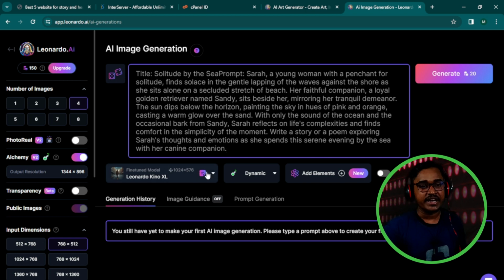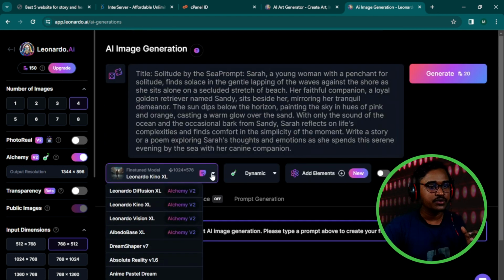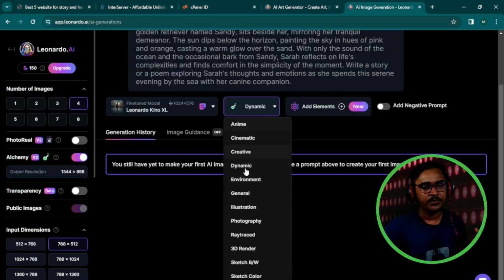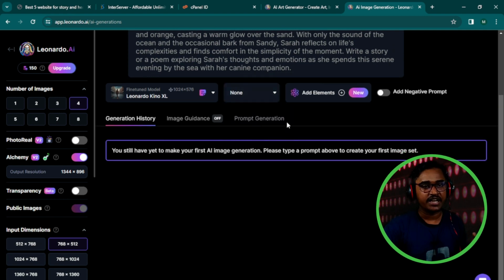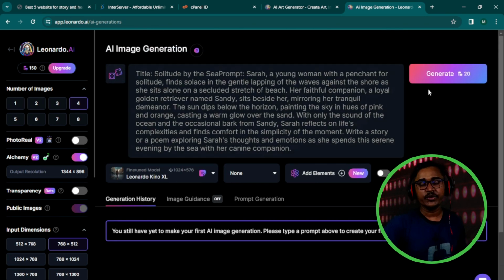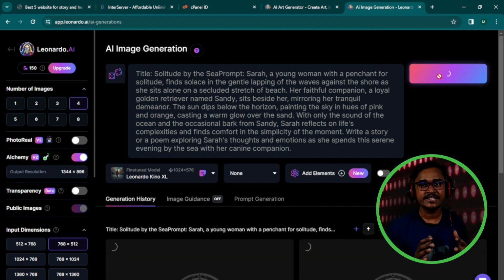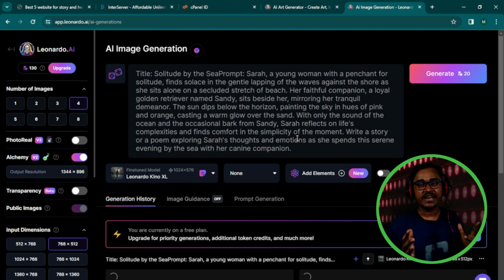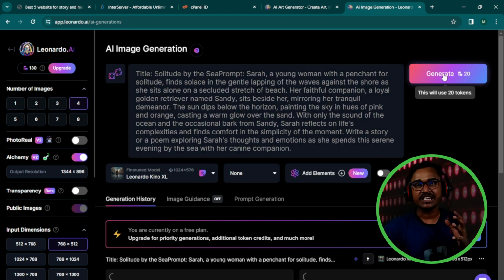Now I need to select what size of image I want. I want default, this looks better. There are options like dynamic, anime, general, and illustration. I select none. Then I click on generate. This is the simple way. When you join this platform, you get 20 credits for image